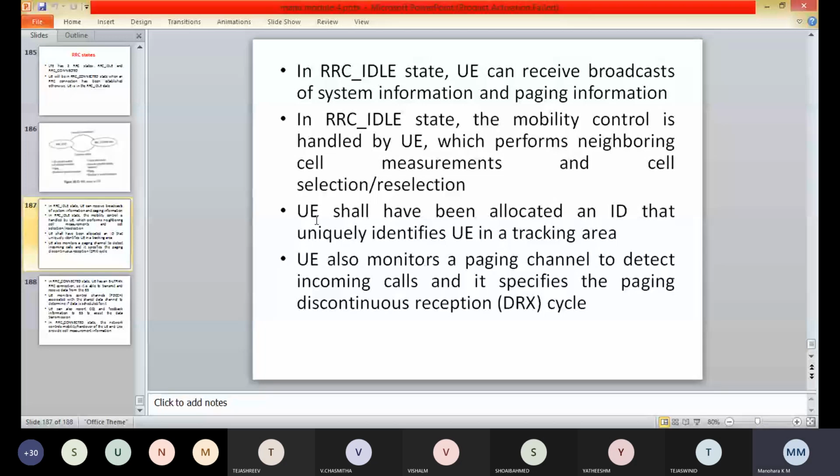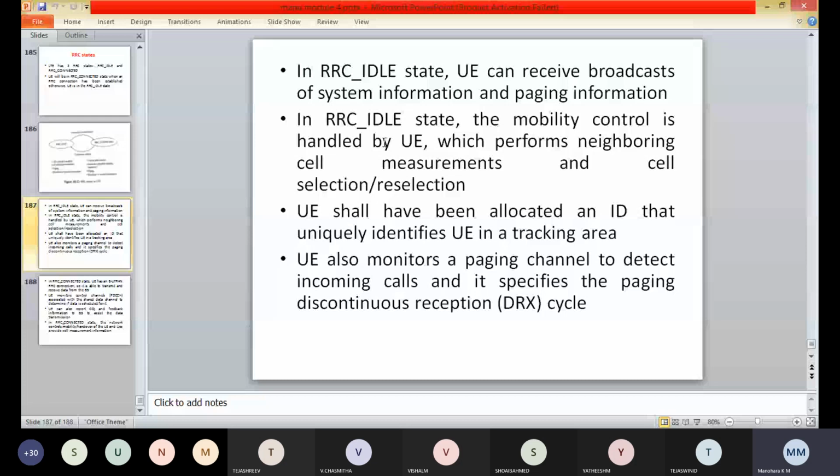There are four functions of the RRC protocol. The first one is the broadcast of the system information. The second one is the RRC connection control. The third one is the measurement configuration and reporting. And at last we have some other functions. Coming to the broadcast of system information, it is divided into the master information block, that is MIB, and a number of system information blocks, that is SIBs.